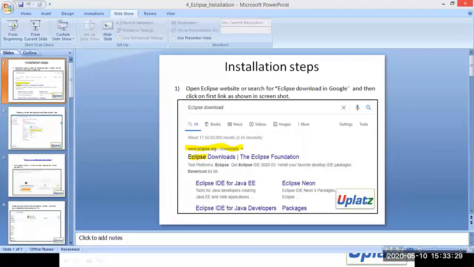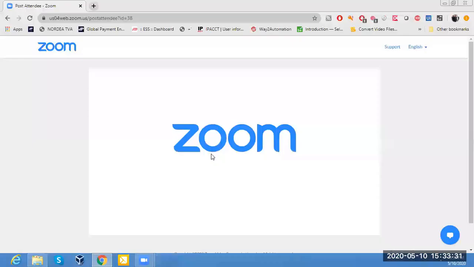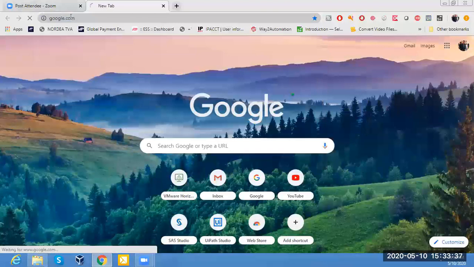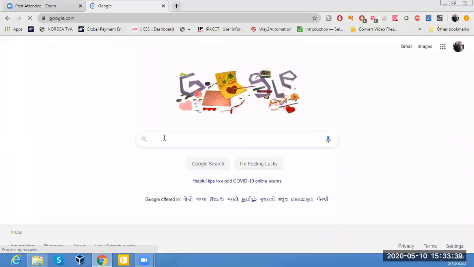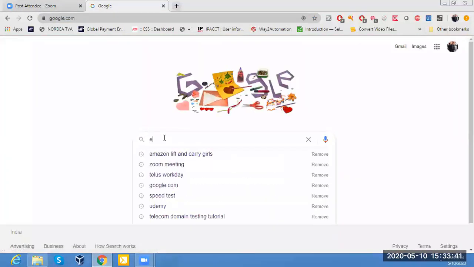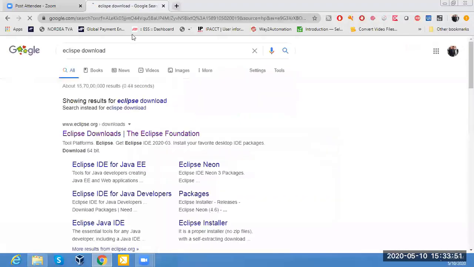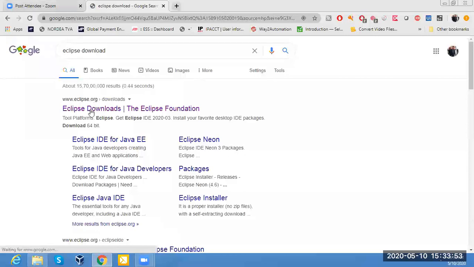Close this. First open google.com. Right here, type Eclipse download. Click on this first link.